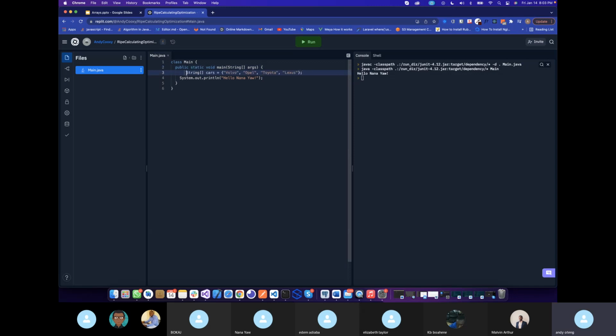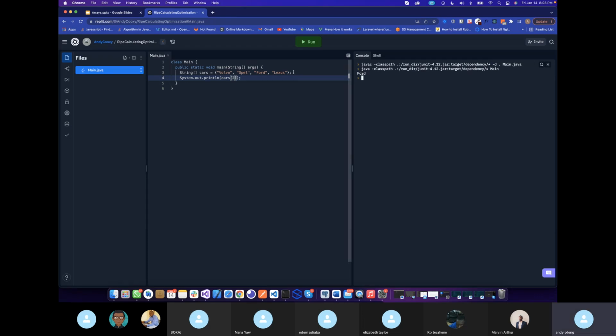So we want to print out the value of Toyota, or let me just put there Ford. It was Ford. I remember the value was Ford. So we want to display the value Ford to where the hello Nanayao is. So we are just going to call the cars and then pass in the index, which is 0, 1, 2 into it. So when we pass 2 here and then we run, it's going to display